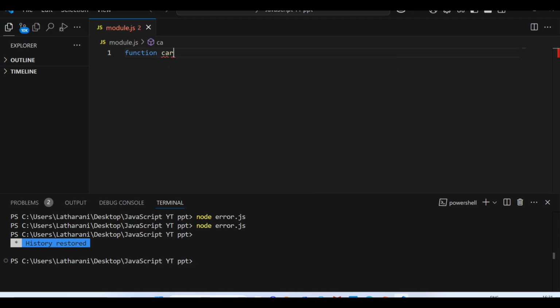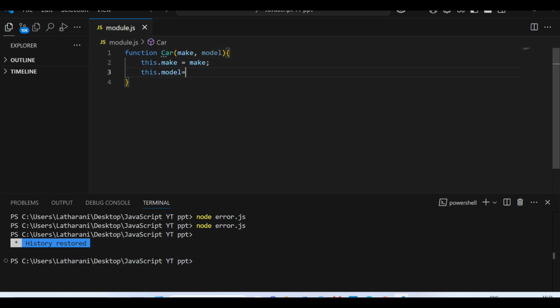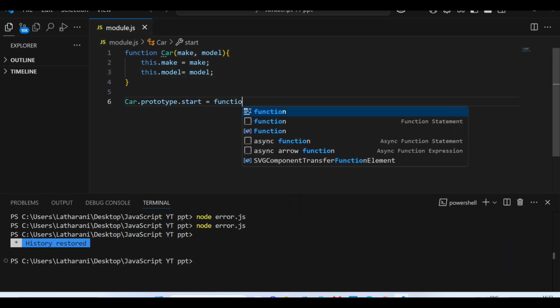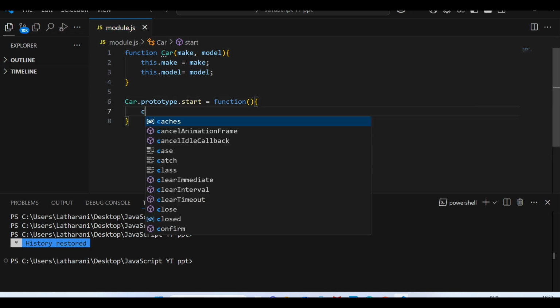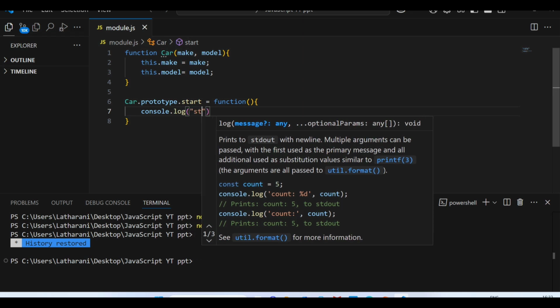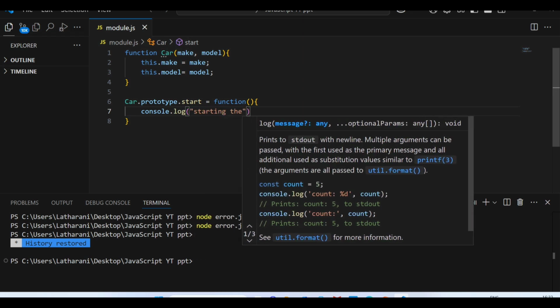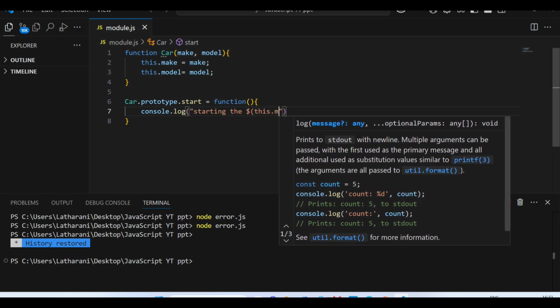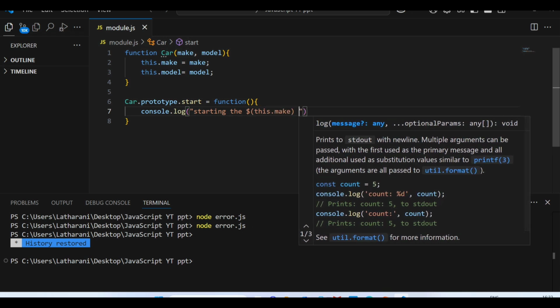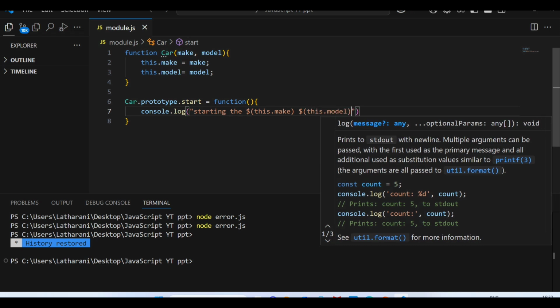Take a function Car(make, model). this.make = make; this.model = model. Then Car.prototype.start = function() { console.log(`Starting the ${this.make} ${this.model}`); };